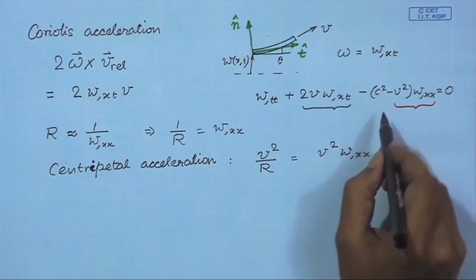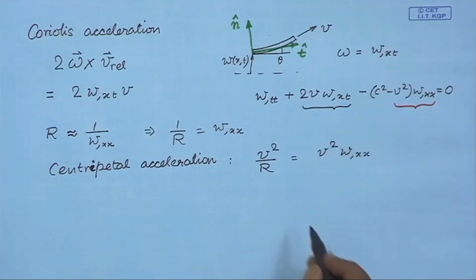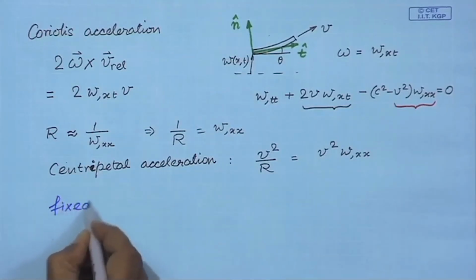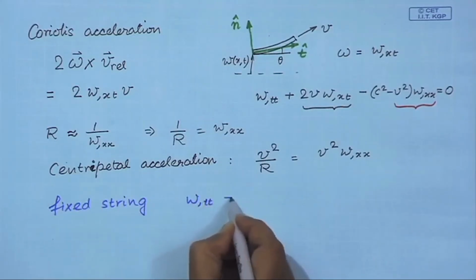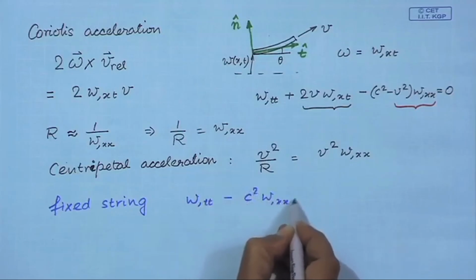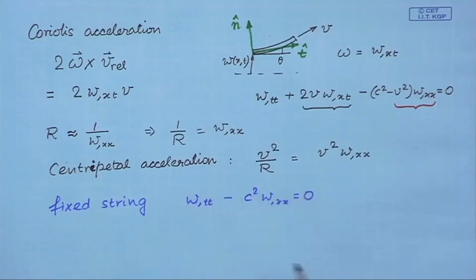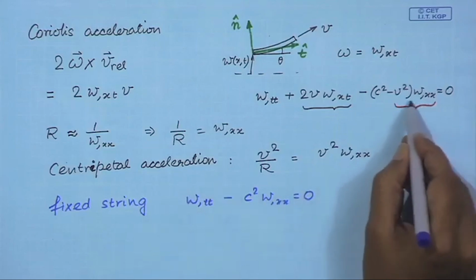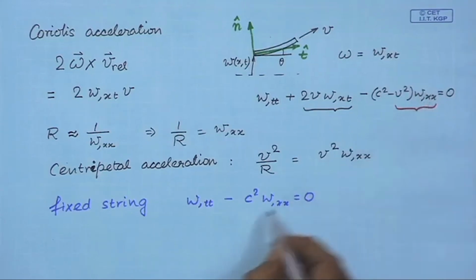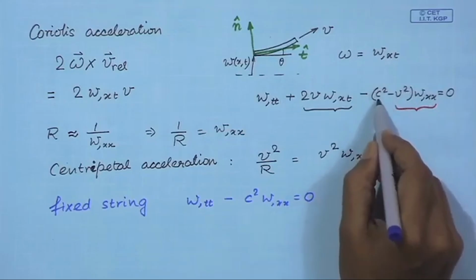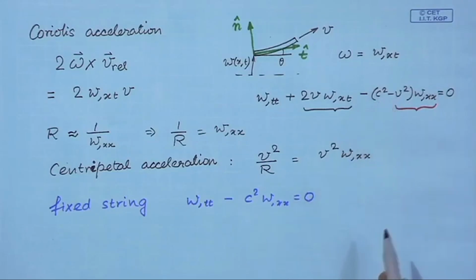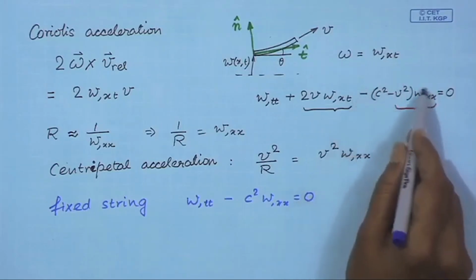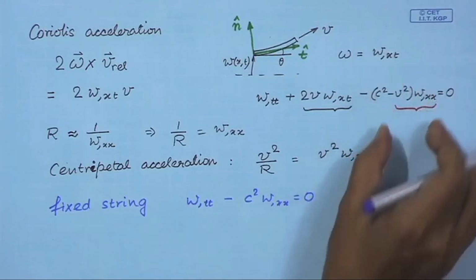You see, in a fixed string, we have the equation like this. So, this double derivative with respect to space also appears, but now this appears with c square minus v square. Now, there is a possibility that v might just equal c. In that case, this term drops out, and remember, if this term drops out,